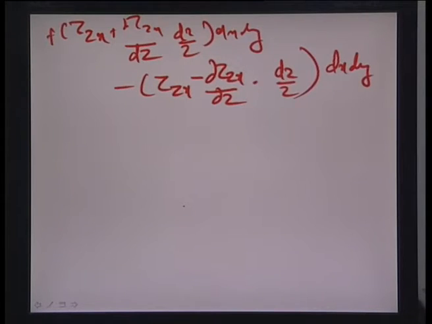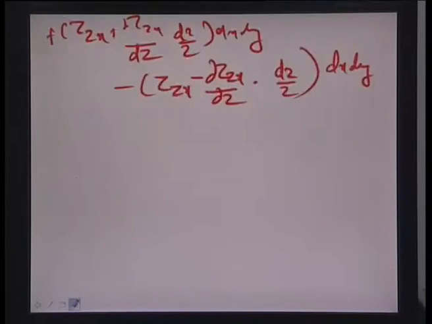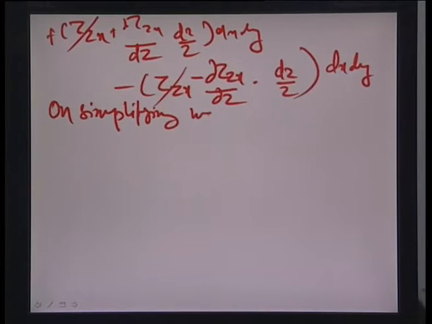So, if I take a simplified form of all this, from this expression you can easily find out that the sigma x is cancelled, because the dy dz are similar on both. Similarly, the same goes for the tau xy's, and only the differential components are retained, and similarly here tau zx and minus tau zx. So, if we assemble together all these different terms, then on simplifying we obtain